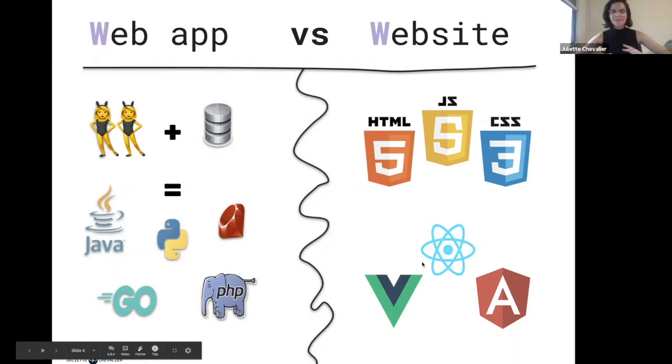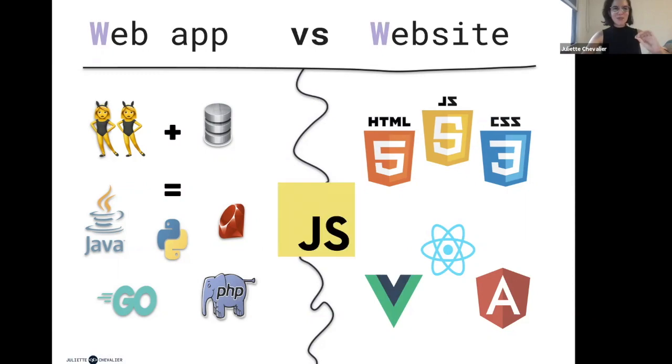Now, this is a bit of an overview, but I think the most interesting thing here is the baby called JavaScript. And if you've ever Googled how to code online, you've probably heard about JavaScript.